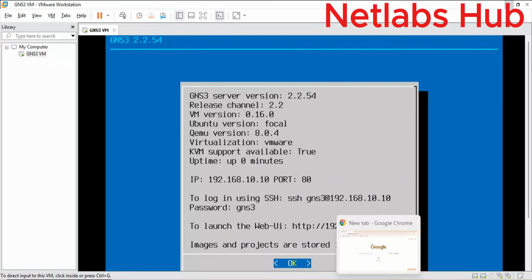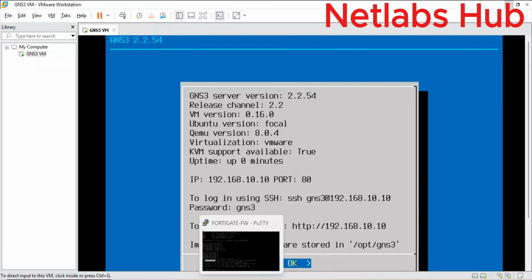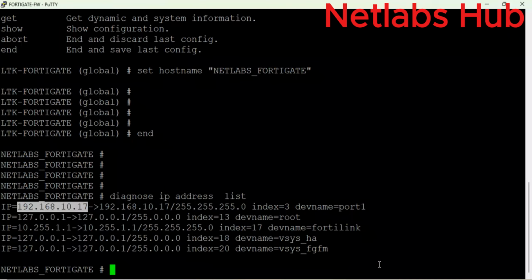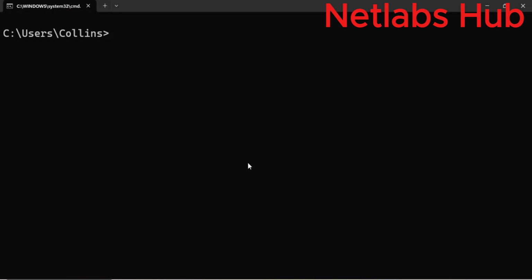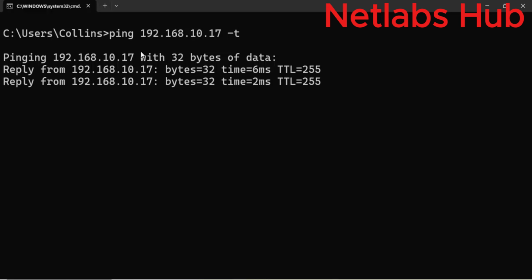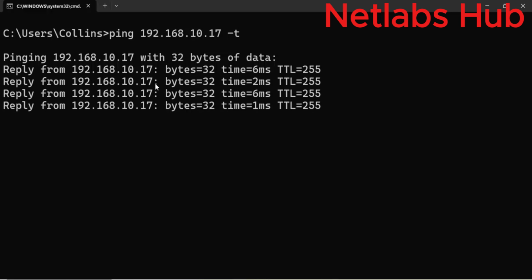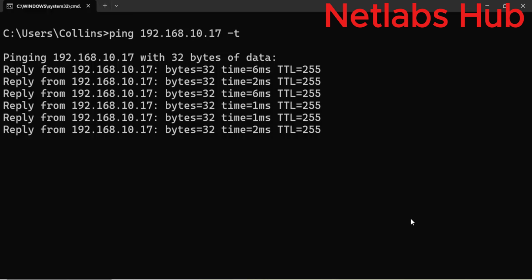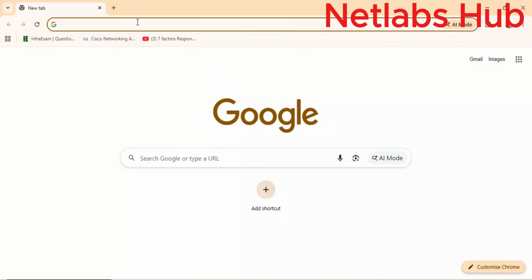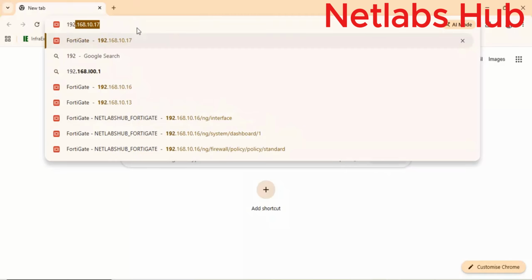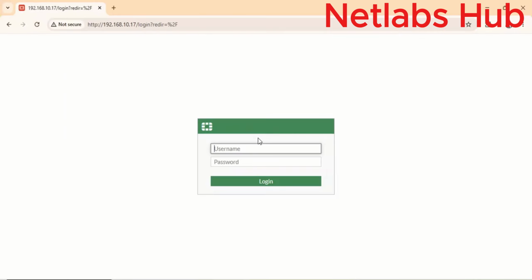So once you confirm that this is the IP address, that is 17, you come and test the connectivity to that IP address. You see it is reachable. So you will use this IP address to access it in the browser. 192, you see, you enter the password, then the username,